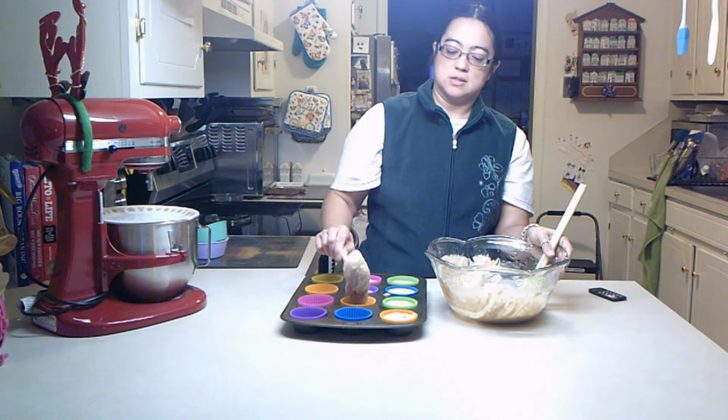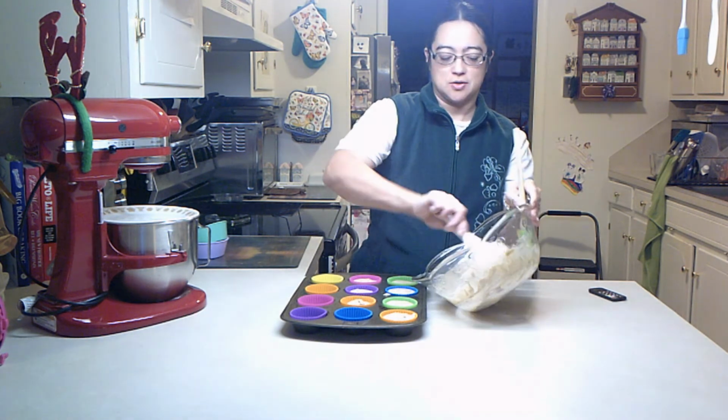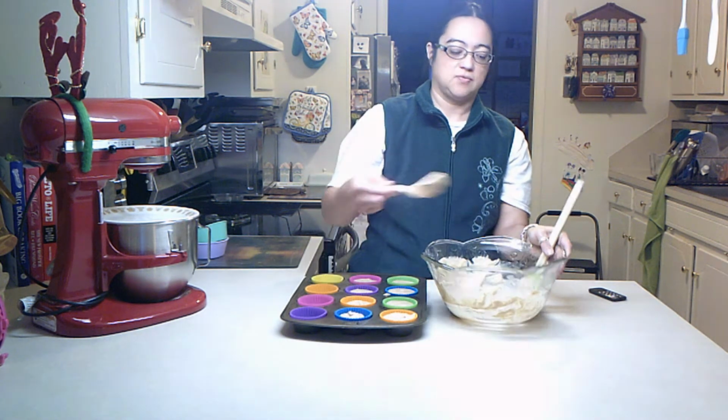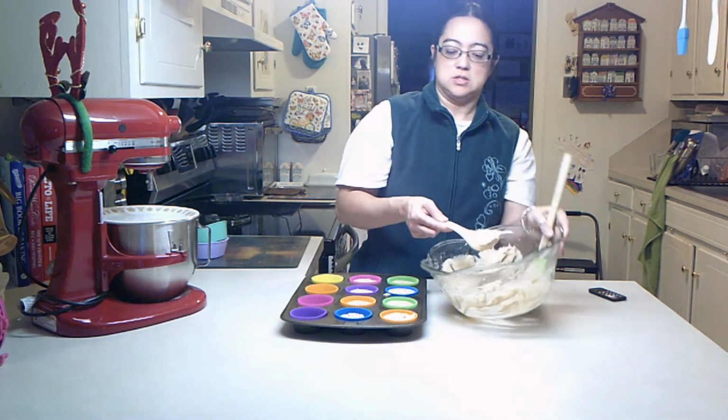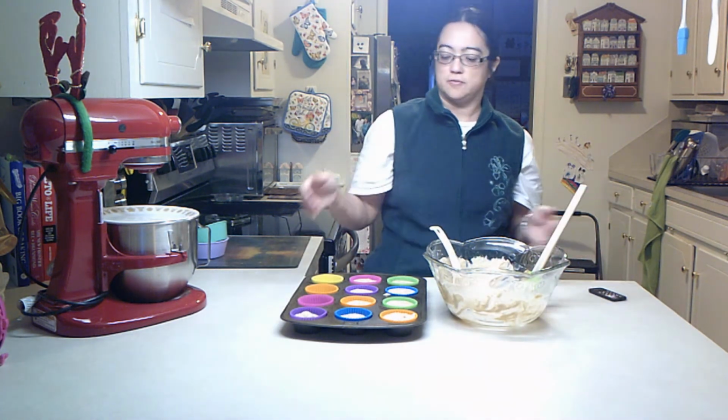Now, if I was making this for my sister, you better believe I would be using the white sugar. My sister likes the good old white stuff, which is fine. She can do that. Alright, so I'm going to finish putting the rest of these in here, and then I